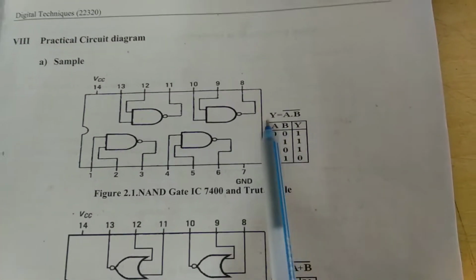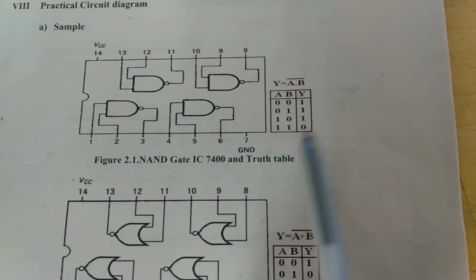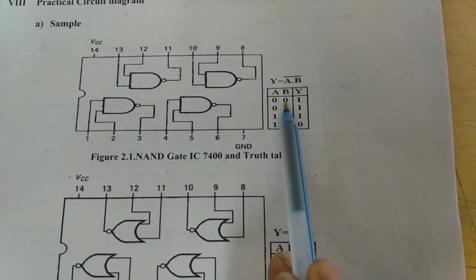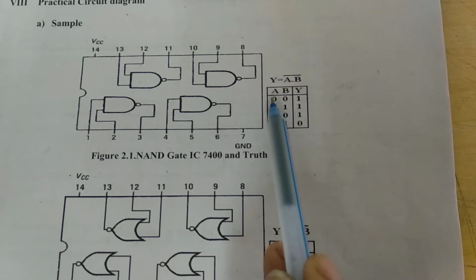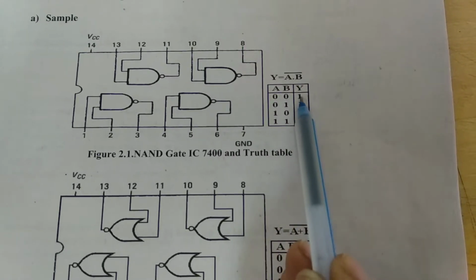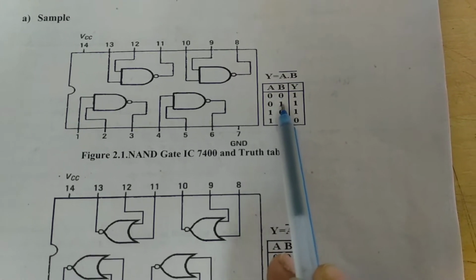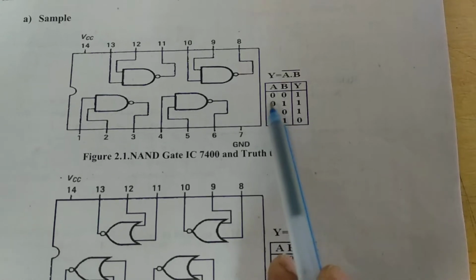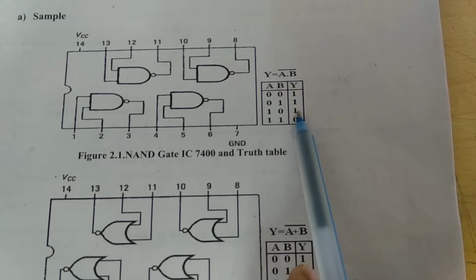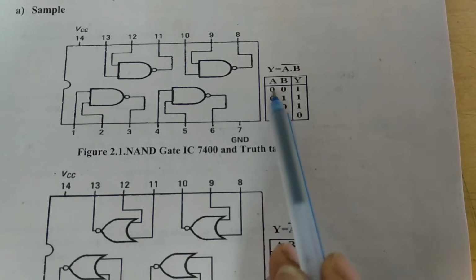Logical expression for NAND gate, y is equal to (a into b) complement. Now let us see the theoretical truth table for NAND gate. A, B, 0, 0, output y is equal to 1. When A and B both are 0, 0, then 0 into 0 is 0, its complement is 1. Next is 0, 1. For this combination, again output is equal to 1. So here we can say that if any one input is 0, output is equal to 1. So for first three combinations 0, 0, 0, 1, 1, 0, one of the input is 0.